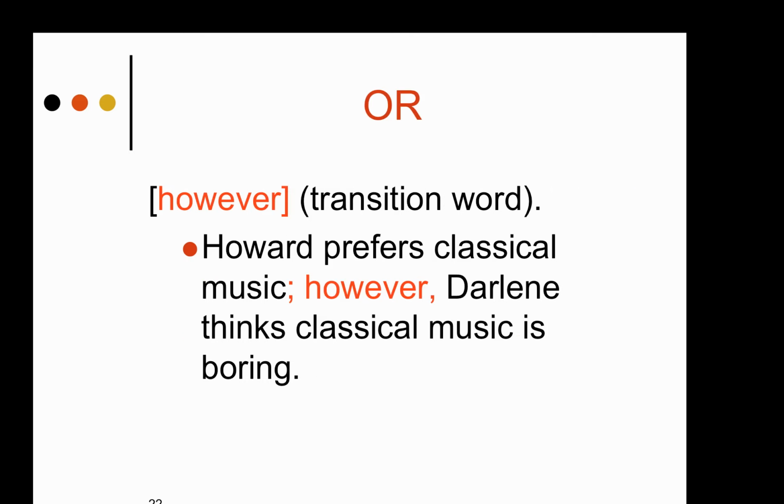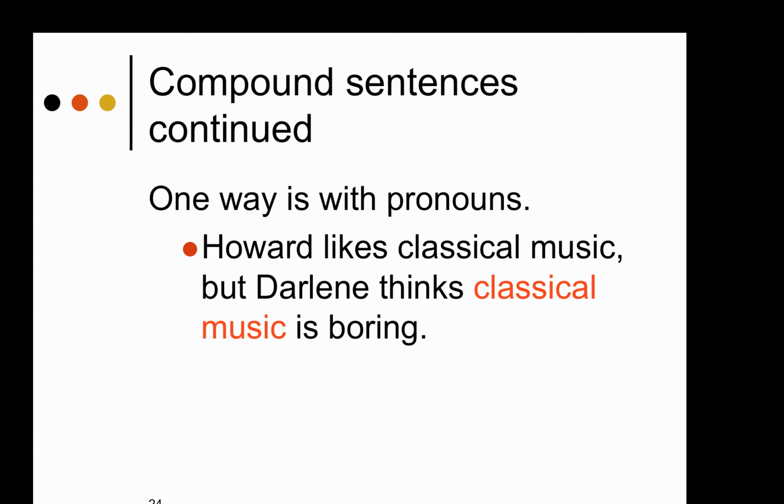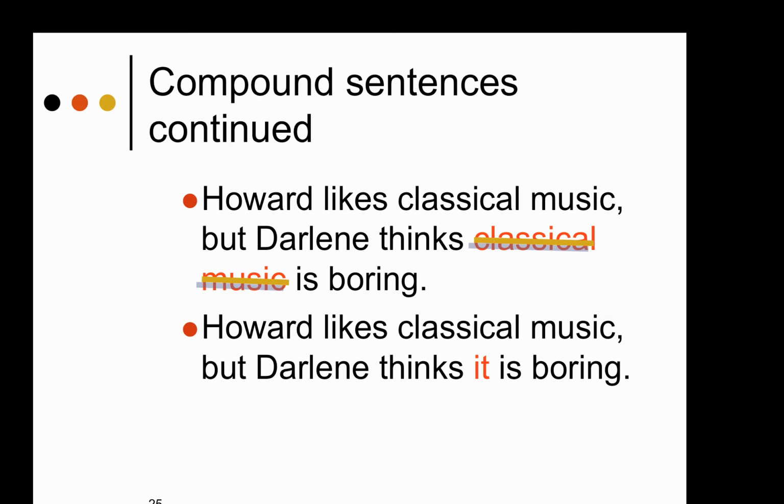We could also use a transition word. Howard prefers classical music. However, Darlene thinks classical music is boring. Next, replace or eliminate repeated words or ideas. And one way is with pronouns. Howard likes classical music, but Darlene thinks classical music is boring. Classical music is what is repeated here. So we change that